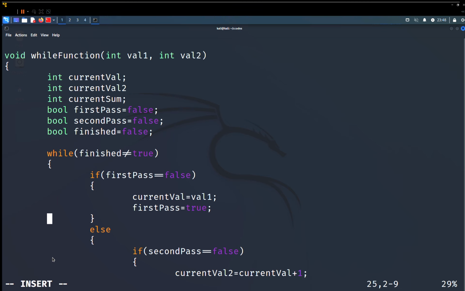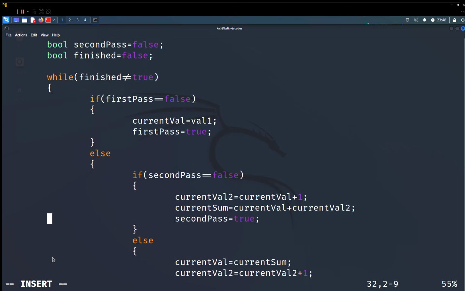First pass is set to true, else if second pass is equal to false, current val 2 points to current val plus 1. Current sum points to current val plus current val 2. Second pass set to true, else current val